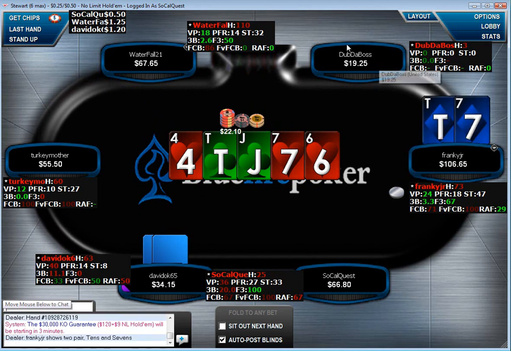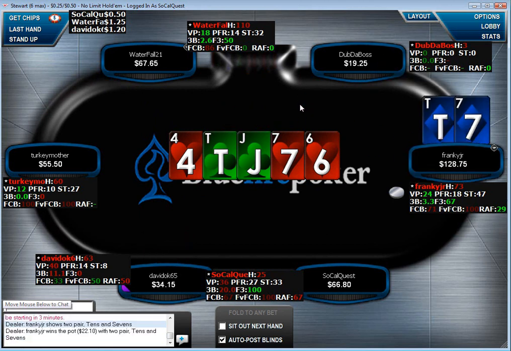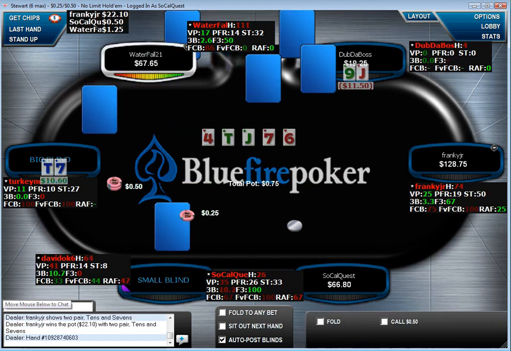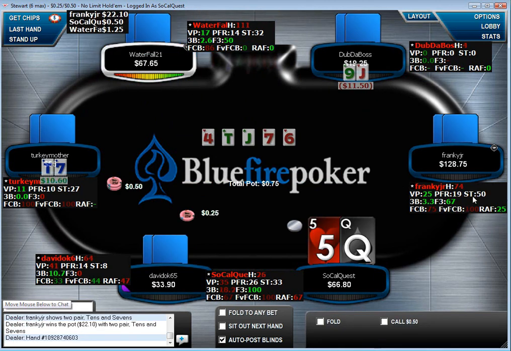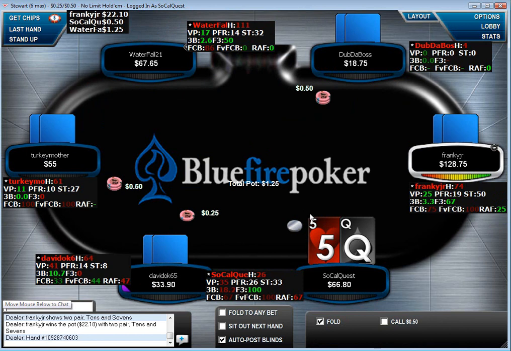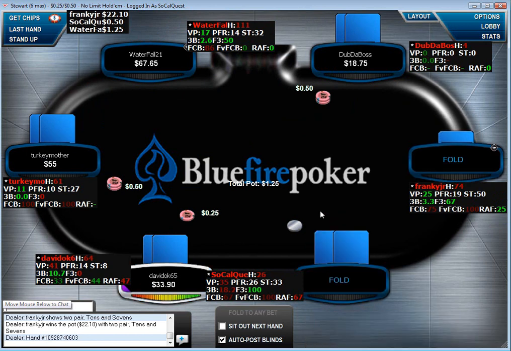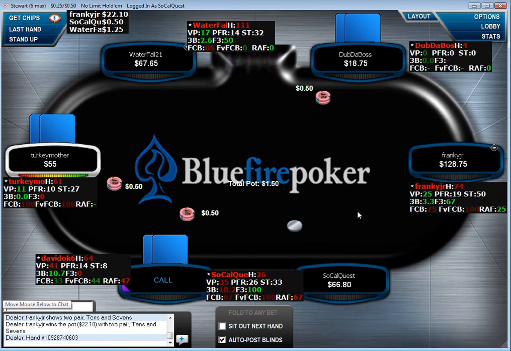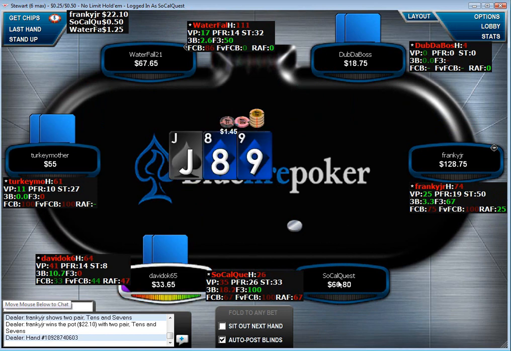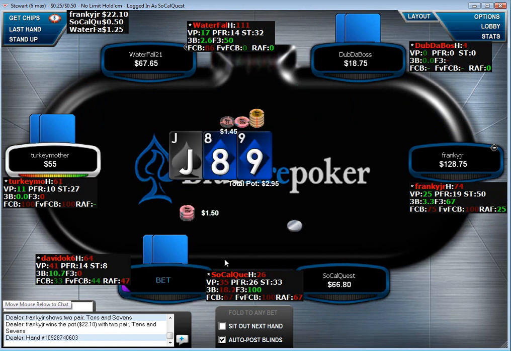Dub the Boss is new to the table, so we are reading-less here. And Frankie Jr., 25-19. He's stealing at about half his hands, so he's going to be pretty loose, very aggressive, and we have position on him, which is going to be a huge advantage for us, and very disadvantageous for him because we'll be able to 3-bet him quite a bit,